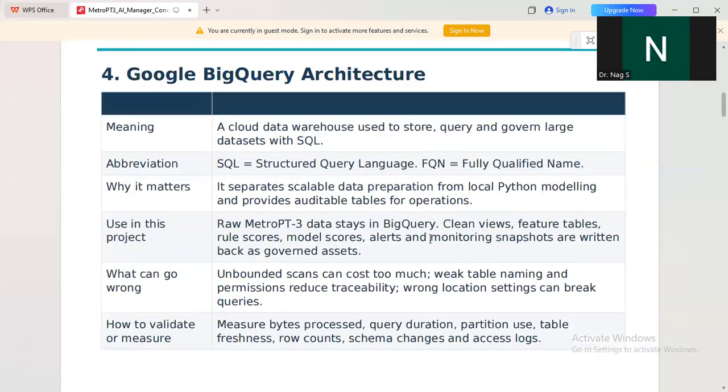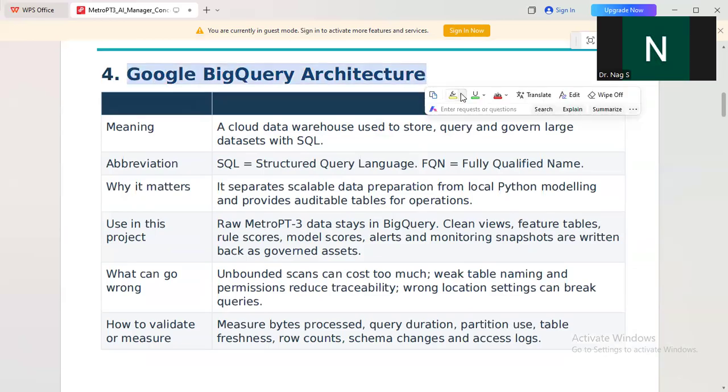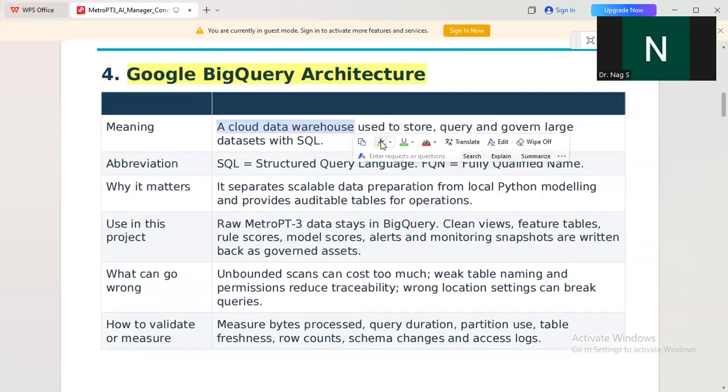Now we are going to get started with the Google BigQuery architecture. So what we have here is a cloud data warehouse. Google BigQuery is a cloud data warehouse. And currently,